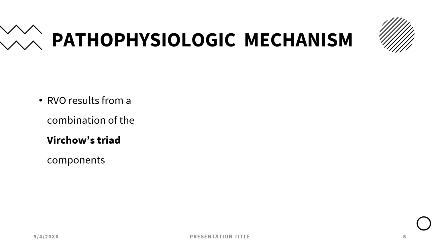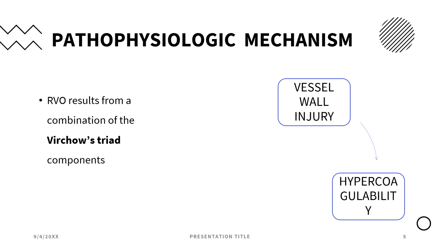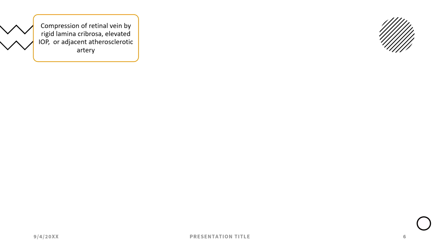Pathophysiological mechanism is due to Virchow's triad, which comprises vessel wall injury, hypercoagulability, and stasis. The pathophysiological mechanism is compression of the central retinal vein by the rigid lamina cribrosa, elevated IOP, or an adjacent atherosclerotic artery, which lead